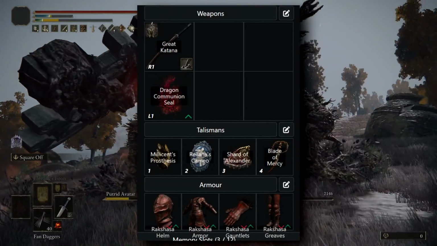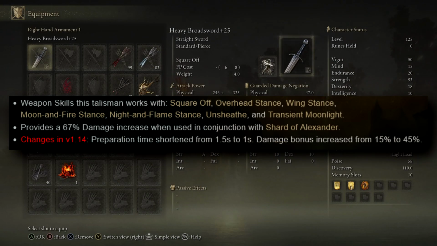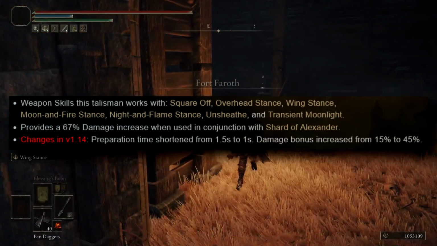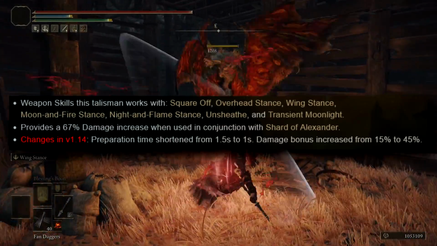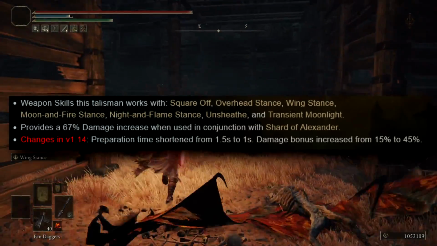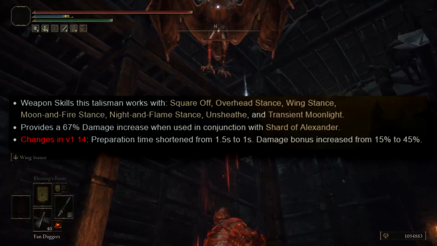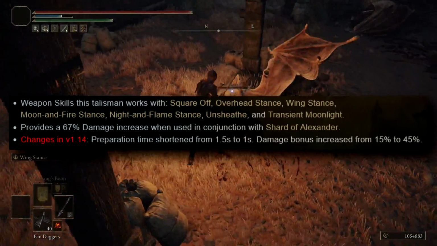So you have a wide choice of weapons with this build. Rellana's Cameo affects a few different Ashes of War, and some of them can be put on multiple weapons, mainly the straight swords. So to be specific, Square Off goes on any straight sword, Overhead Stance only goes on the Great Katana, Wing Stance goes only on the Milady, and then you've got Unsheathed, which can go on the Uchigatana or the Nagakiba. There's also the Ashes of War for the Sword of Night and Flame, Rellana's Twin Blades, and Moonveil,